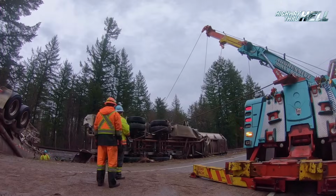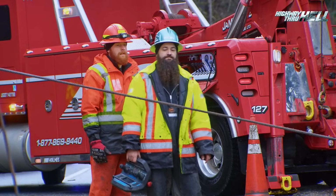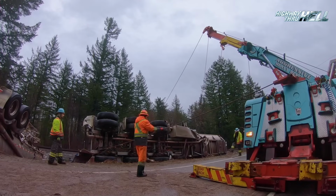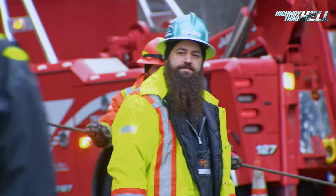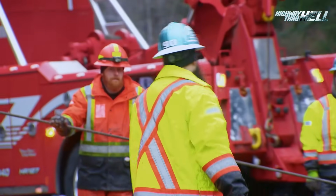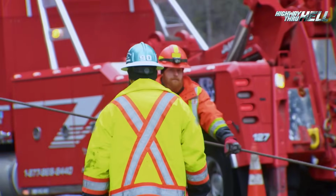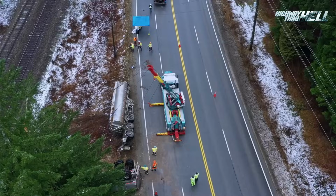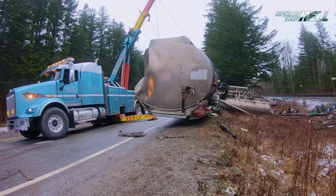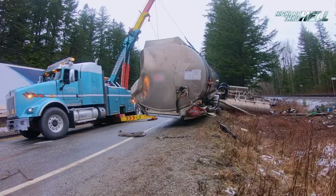Holy. But Merv is under orders to minimize the spill. Keep all the diesel in the ditch. We don't want diesel on the roadway at all. Seconds later, fuel stops flowing. Bring it. And Merv gets the go-ahead. Hazmat gives a clear, so we're just going to continue rolling it. The first tanker is finally up on the road,